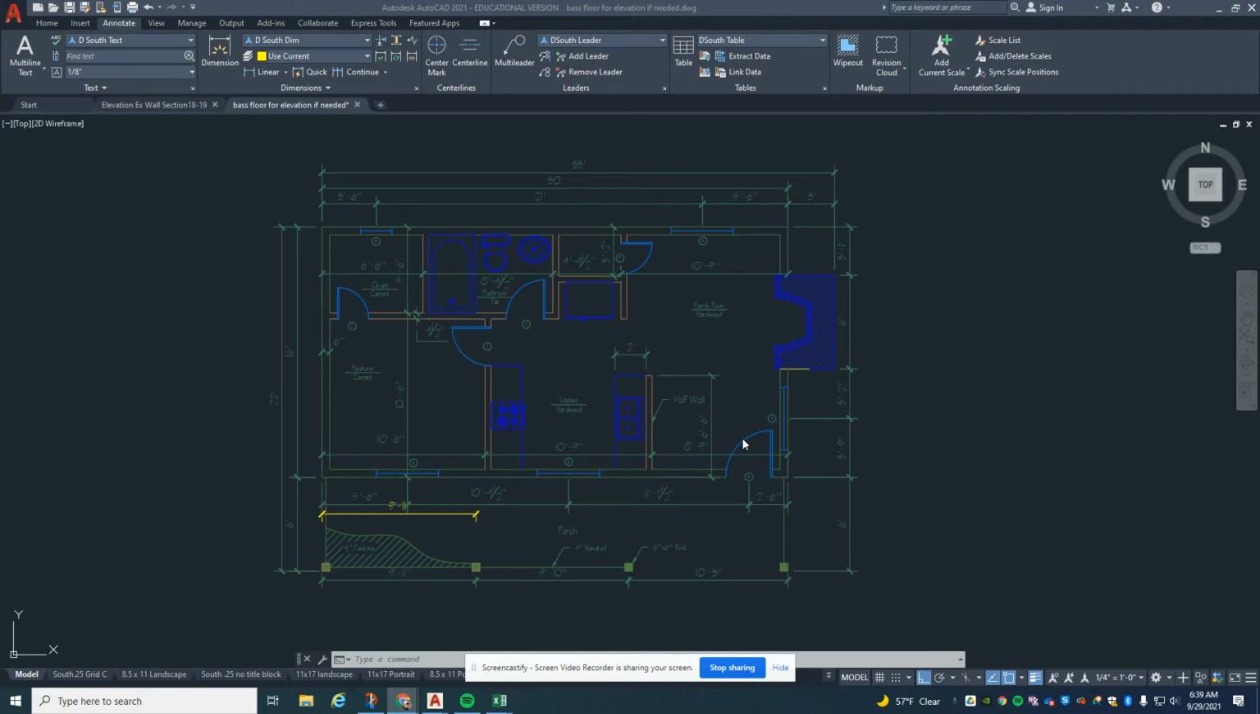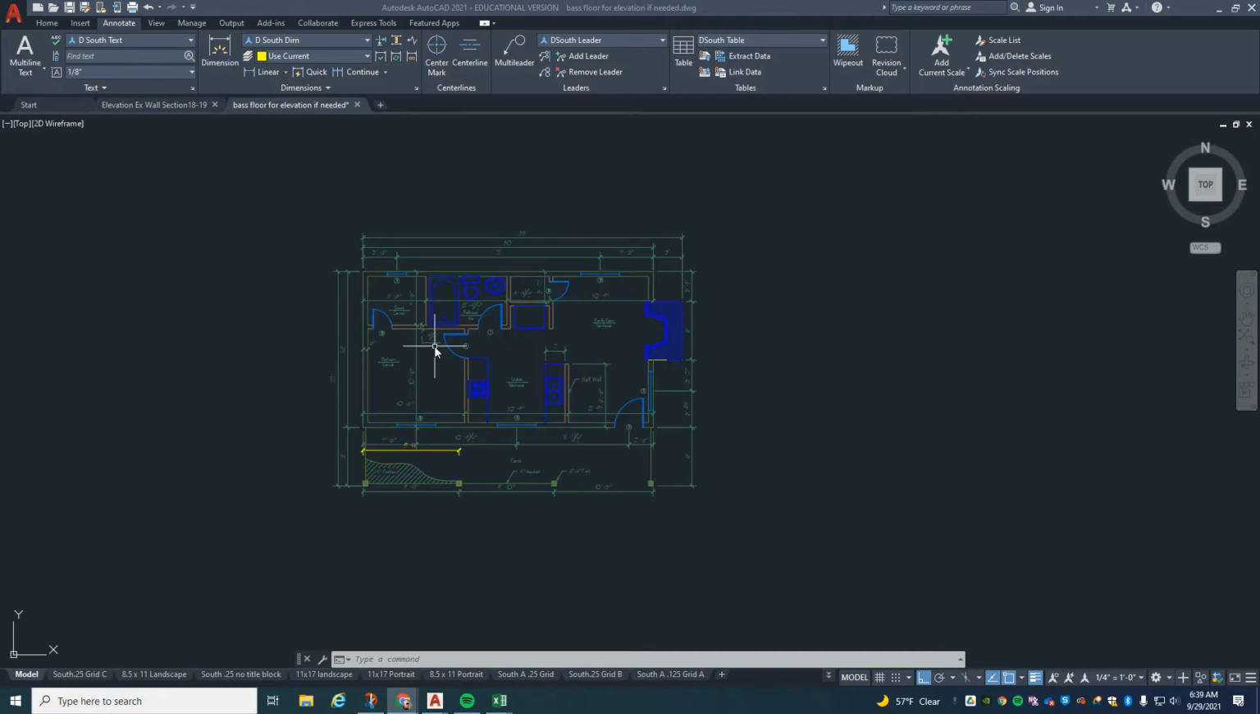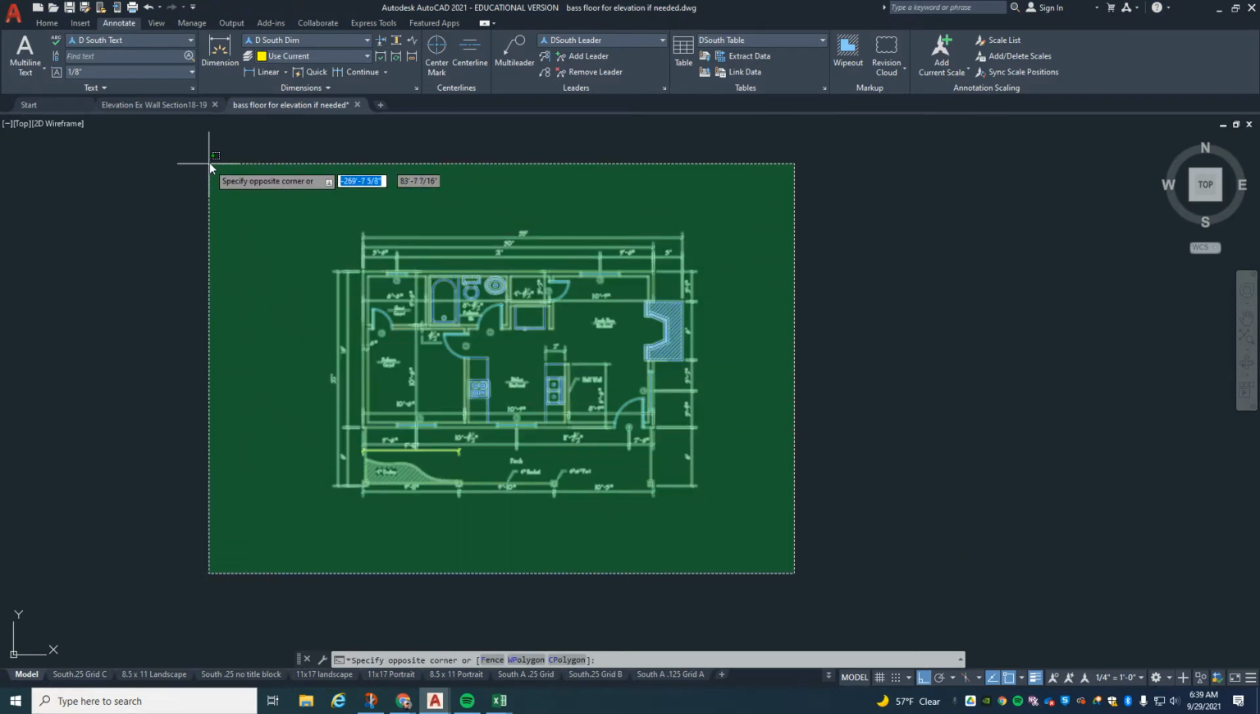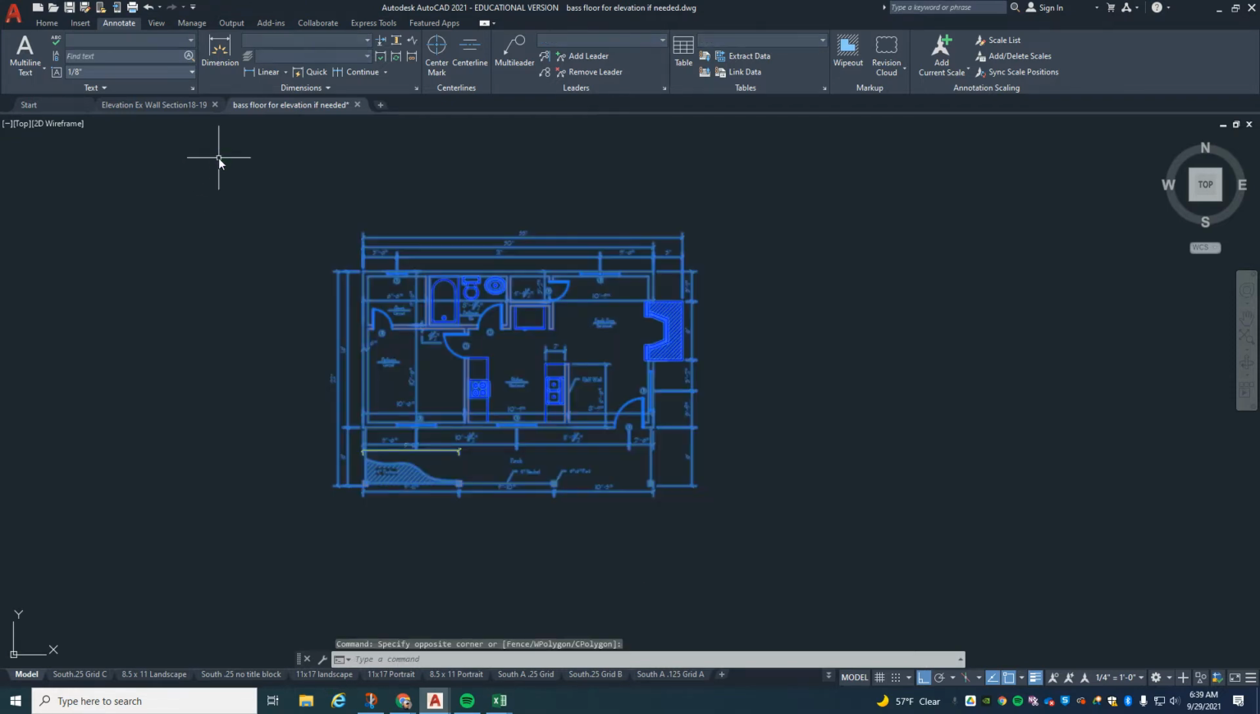Okay, first thing we want to do is we want to have our floor plan open, and we're going to get ready to make a copy of this, and we're going to rotate it. So we want to zoom out just a little bit to make sure that we have the whole floor plan in our area, and we're going to make a big green box, make sure that we have everything in it,